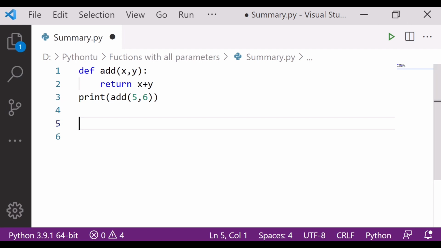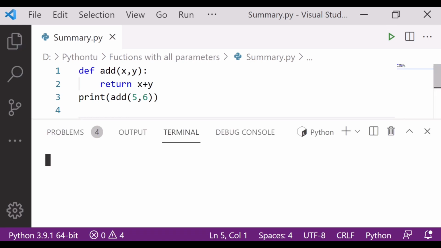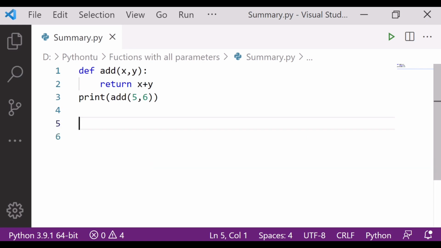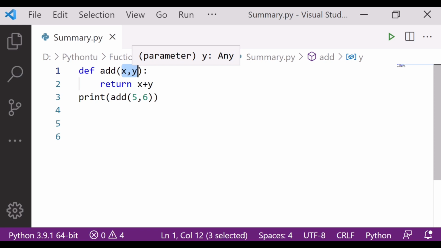We will have the output, I think 11. Yes, of course we should get 11 over here. So this is the basic function definition, and here I am passing two simple arguments. The problem is that we cannot pass more than two arguments here.